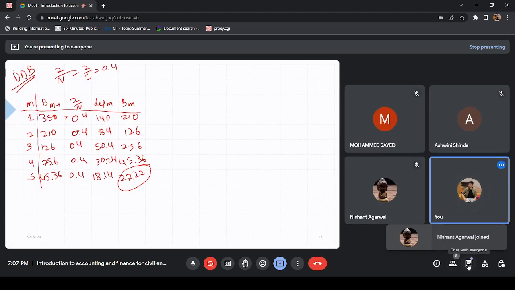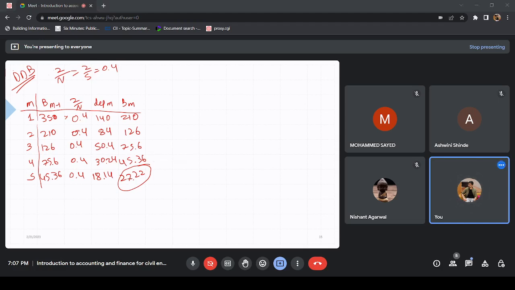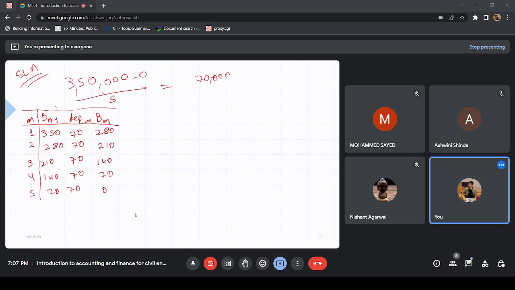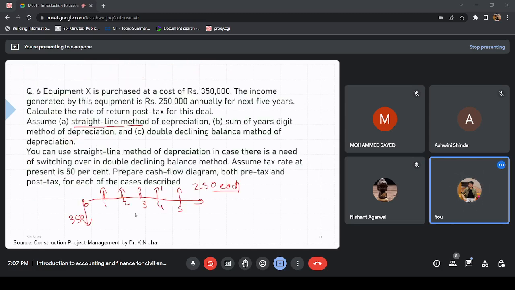So why should book value at the end of 5 years, in this case where we have been given that salvage value is zero, why should it be zero? I guess you got the idea that it is not coming to zero. How can we make it zero? Or if our salvage value is not equal to the book value at the end of our service life, how to calculate for that? So in this question we have been provided that you can use a straight line method